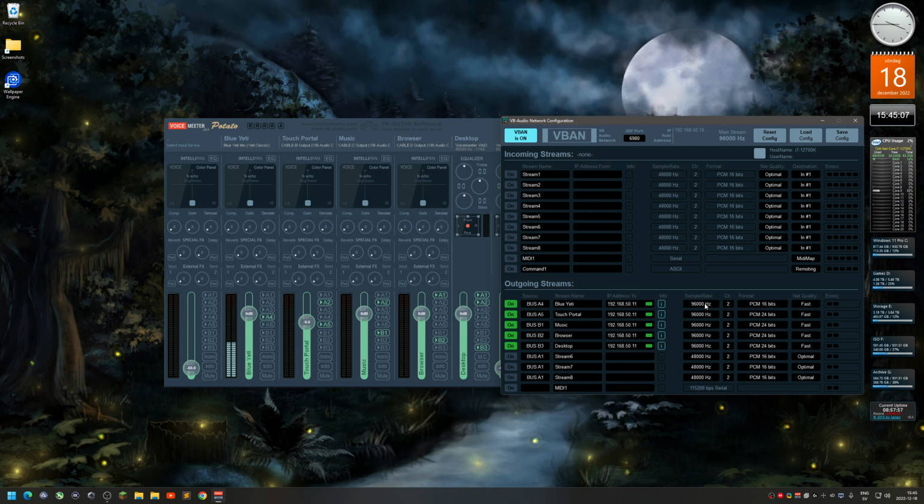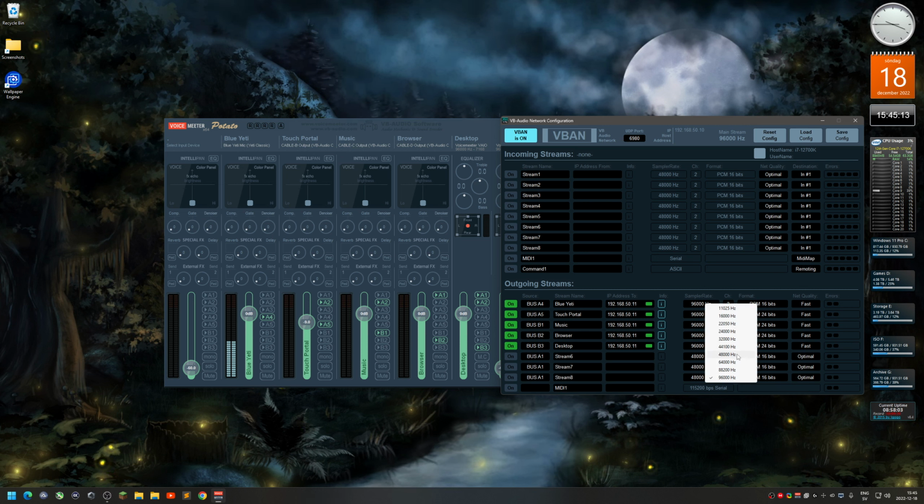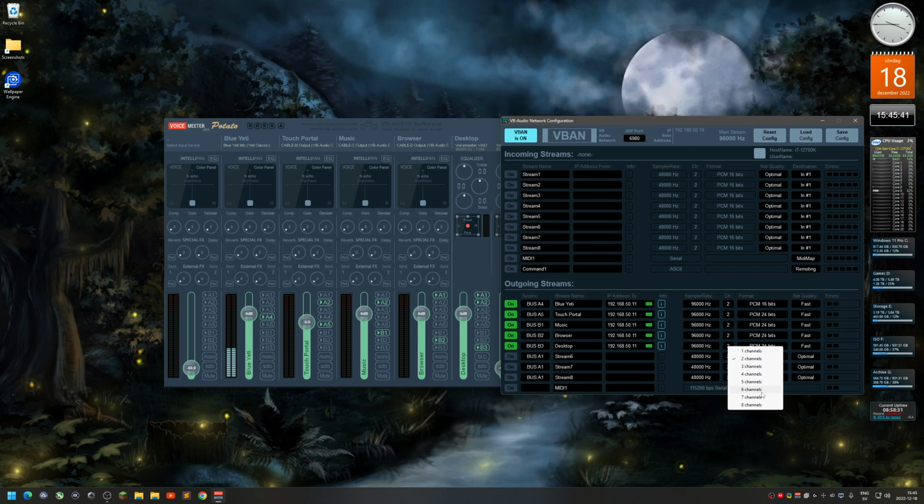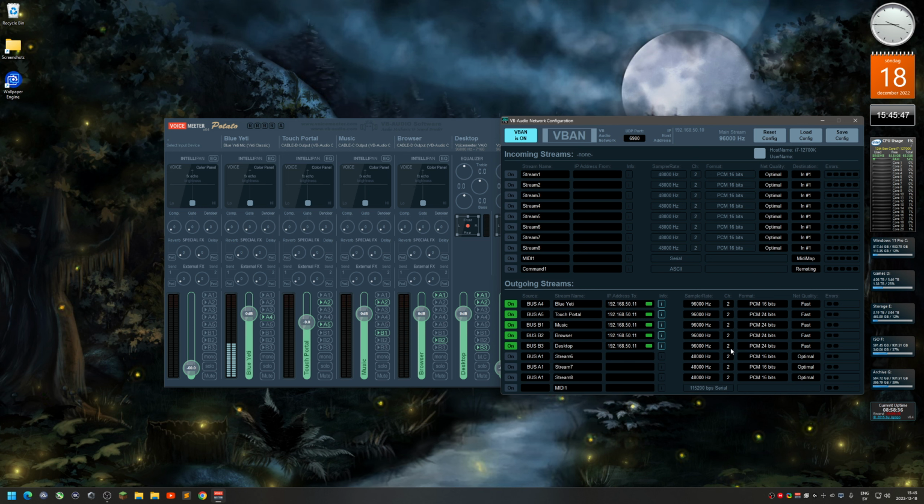And then I can select the sample rate. Just click here. By default, it's set to 48,000. And you can also select the amount of channels that you want to send. For example, I have this surround sound amplifier, and it's a 5.1 system, so that's 6 channels in total. The one there is the sort of subwoofer, so I can select 6 channels if I want to. Right now it's just a streaming PC, so I'm just sending the